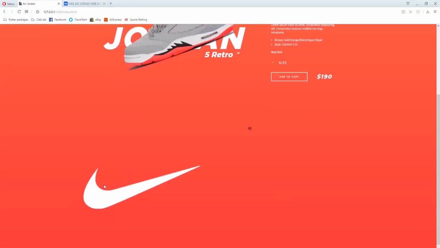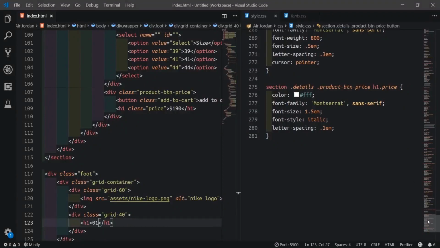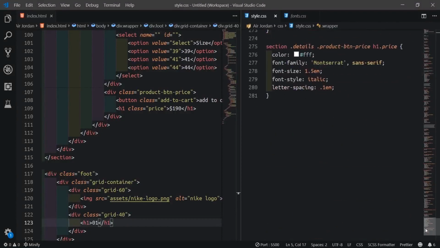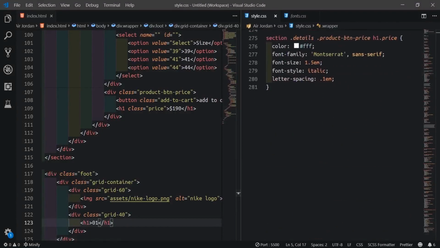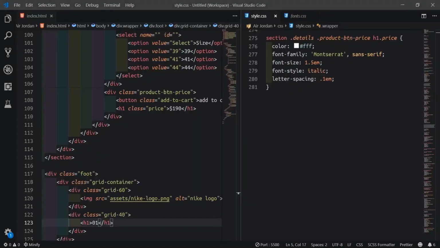So what I could do, originally we made this height 100vh. So I'm gonna comment it out so that when I want to work on this thing now, the arrow will push and come. So what I could do, I could target the foot now.